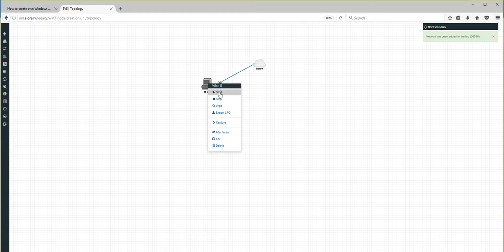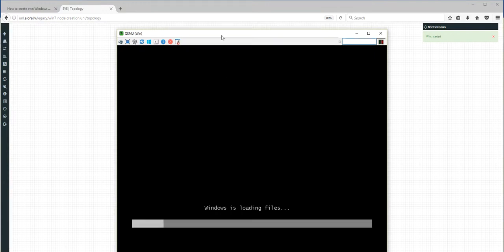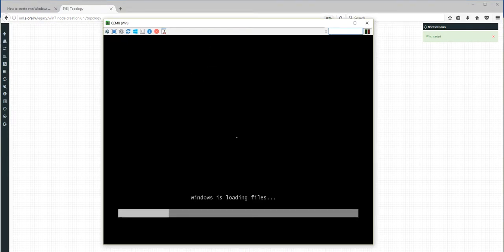I'm starting the Windows machine. Start and open up, and a VNC session opens, and you can see that the CD-ROM is starting to work. Actually this process is a simple Windows installation, the regular one, how Windows is installed. So I'm going to pause a bit. When it prompts, I will very quickly show you what I'm doing, and we'll be back.